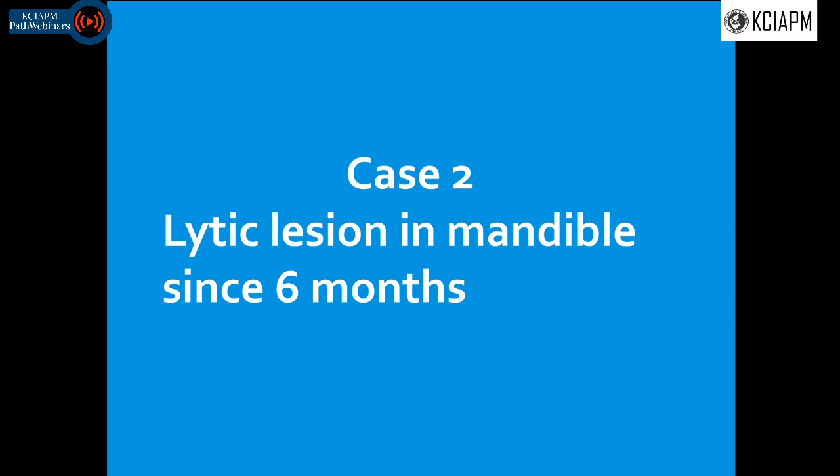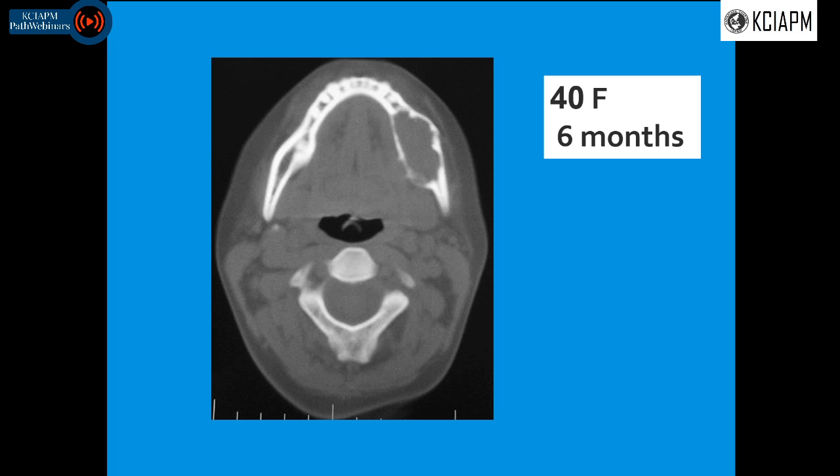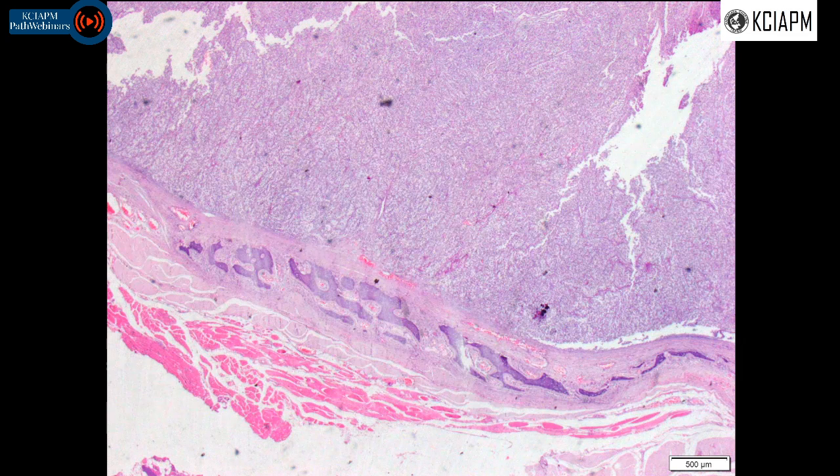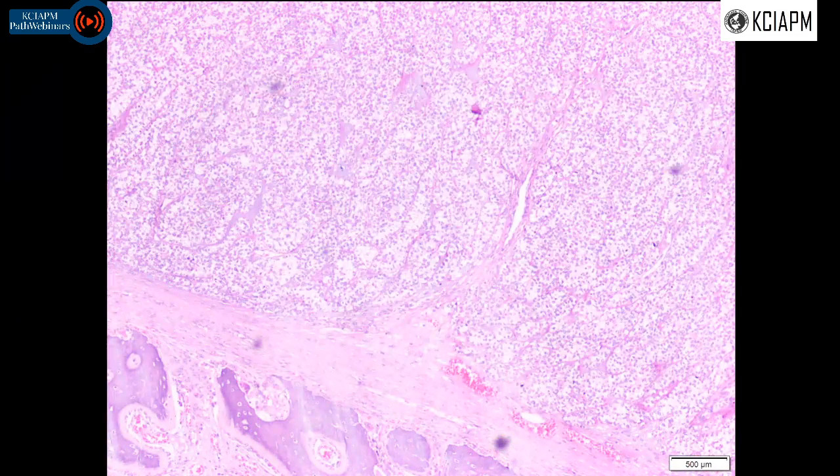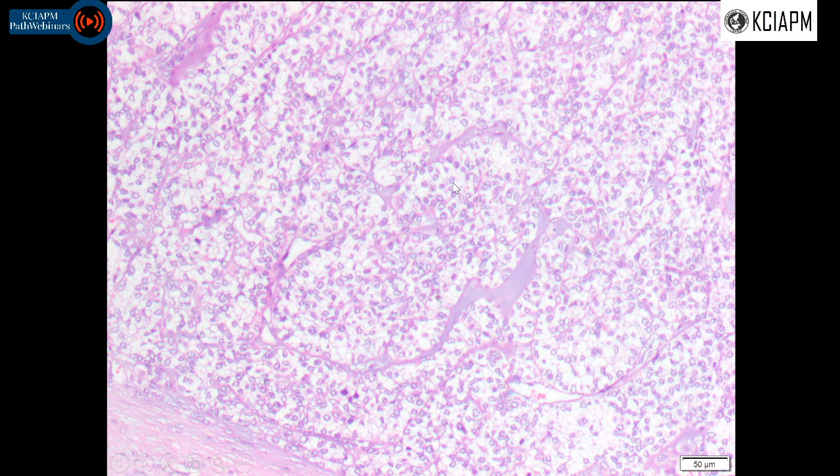Now going over to case number 2, lytic lesion in the mandible of 6 months. So this is a 40-year-old female who had this lesion in the mandible of 6 months duration, and this is the section from the same, which shows normal bone with the skeletal muscle attached to it, and here we have a very cellular lesion with cells arranged in sheets. Probably here they look as if they are in a glandular pattern with very thin septae which are intervening, and these cells,